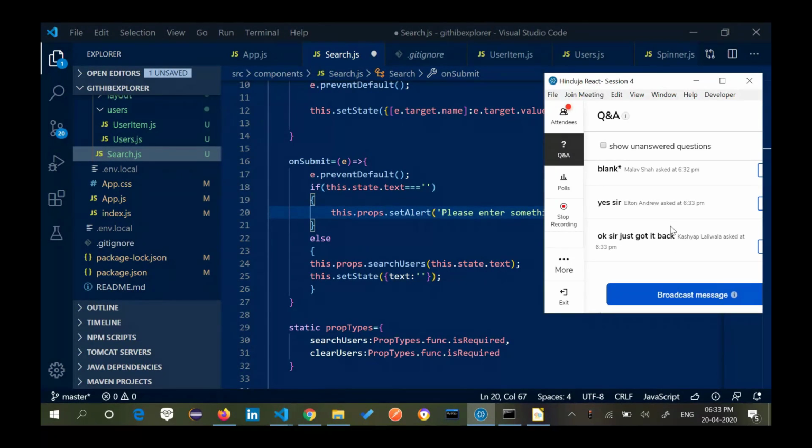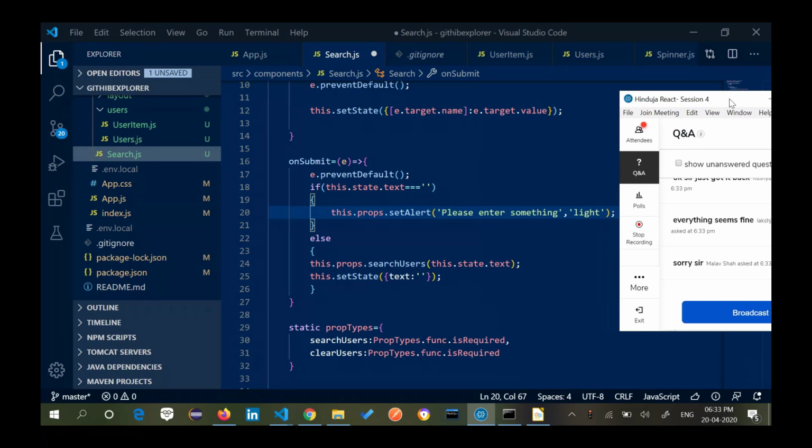Okay, cool. If the user is not found, then obviously things will be problematic, but we are working on the maximum case scenario. So I'm passing a setAlert now, and this is getting passed as a props. Is everyone clear what I'm trying to do here? So this.props.setAlert is doing what? I am passing the props to my app.js, and let's see what I can do here now.